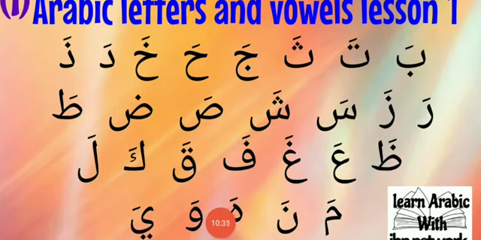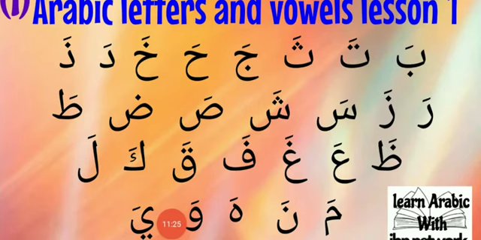Here we have wa together with fatha. So we say wa fatha wa, wa fatha wa, wa, wa. Here we have ya together with fatha. We say ya fatha ya, ya fatha ya, ya, ya. So the next one, we will learn to attach the kasra, which is the E sound vowel,